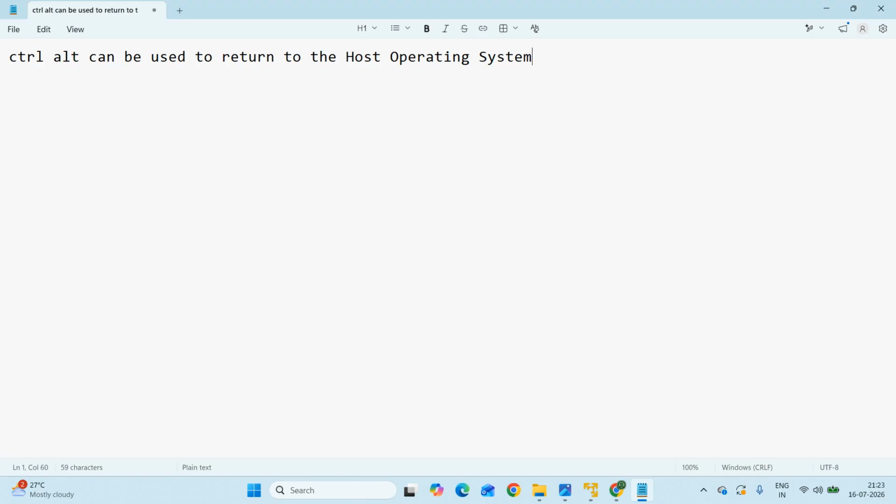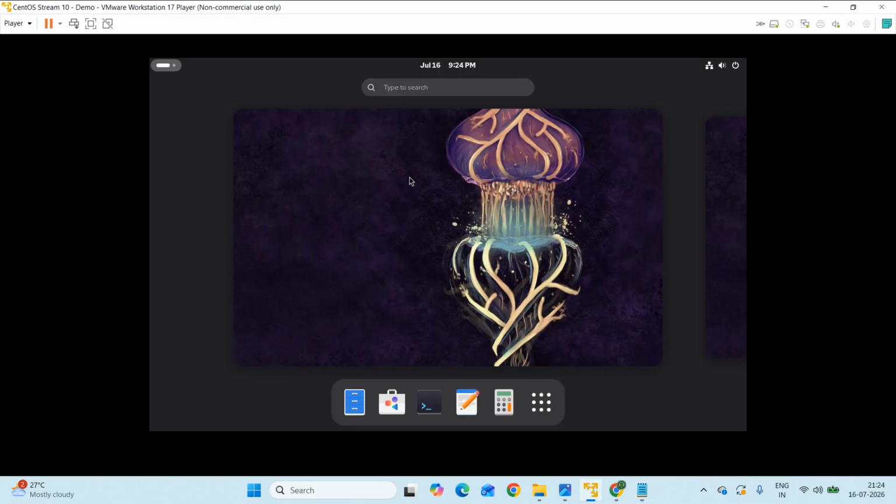So this is just required whenever you find that you are not able to come outside of the guest operating system, that is the CentOS Stream 10 operating system running in the virtual machine. However, now I come back to the virtual machine where CentOS Stream 10 is running. So here what I will do is